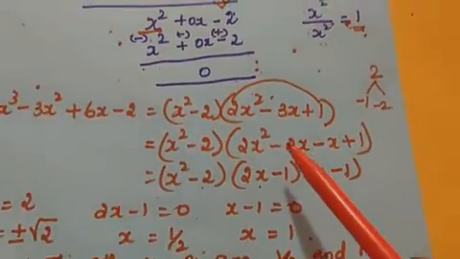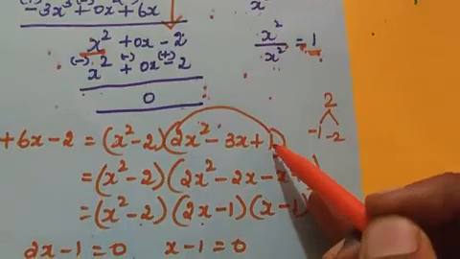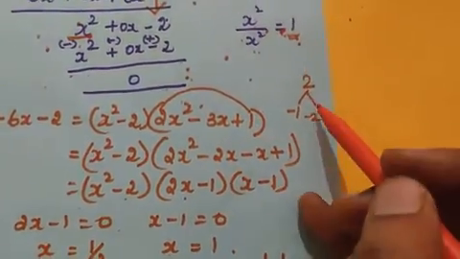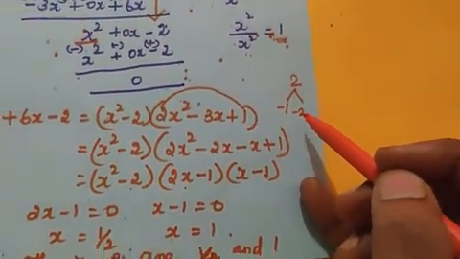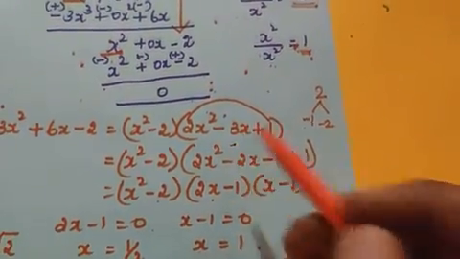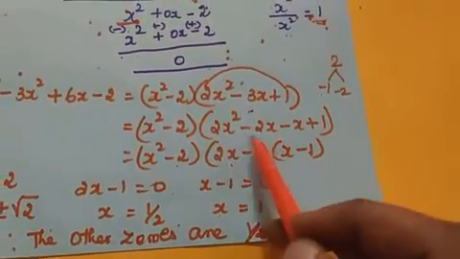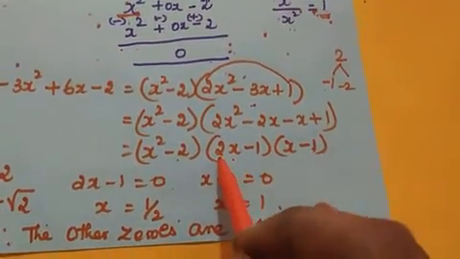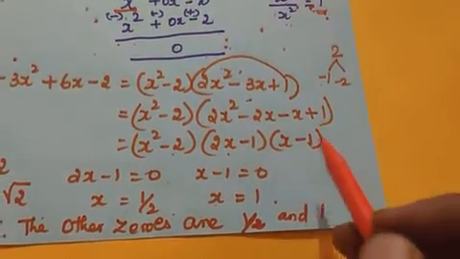So 2x squared minus 3x plus 1. So we have to multiply the coefficient of x squared with the last term. 1 into 2, it becomes 2. Now we have to find the factors for 2. 2 is very simple, it is a prime number, so 1 into 2 only. So minus 1 minus 2 becomes minus 3. So minus 3x can be written as minus 2x minus x. Now take the common term out, and write the rest of the terms. So 2x minus 1 and x minus 1 are the other two factors.